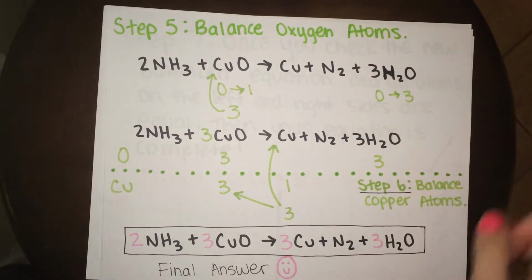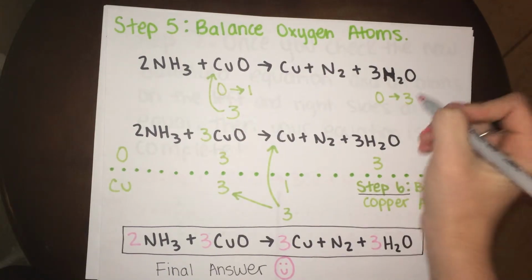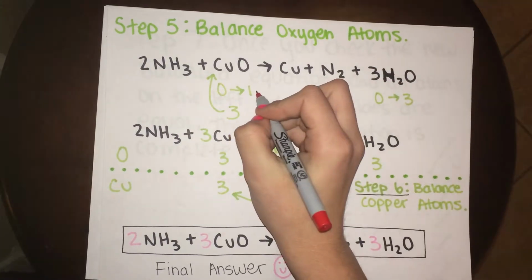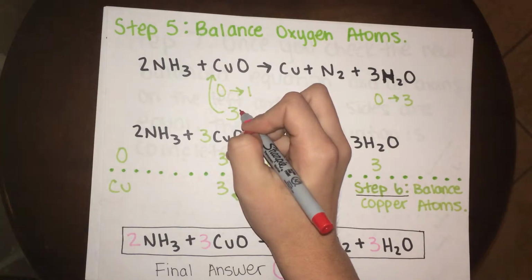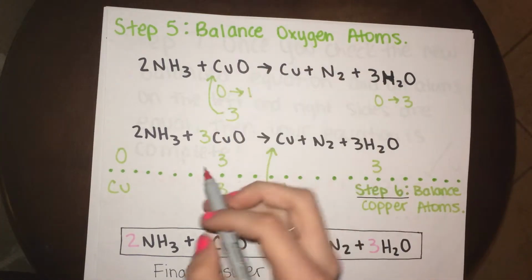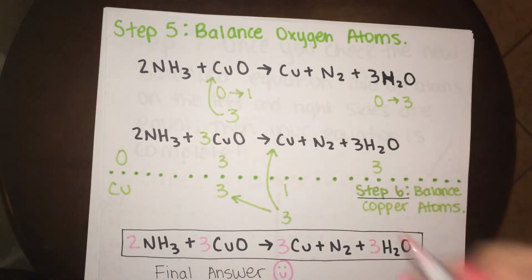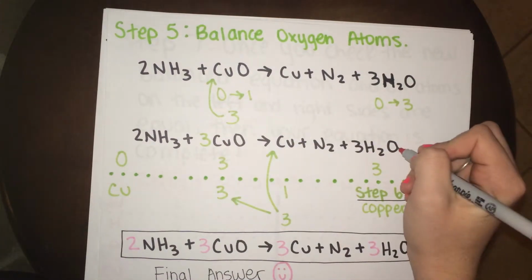Step 5 is to balance the oxygen atoms. The way that you're going to balance the oxygen atoms is by looking at the oxygen: there's 1 here, and with this oxygen, there's 3 here. You know that 3 times 1 equals 3, and you need 3 because there's 3 oxygens here. So if you put in this coefficient 3 here, you see that there's 3 oxygens here and 3